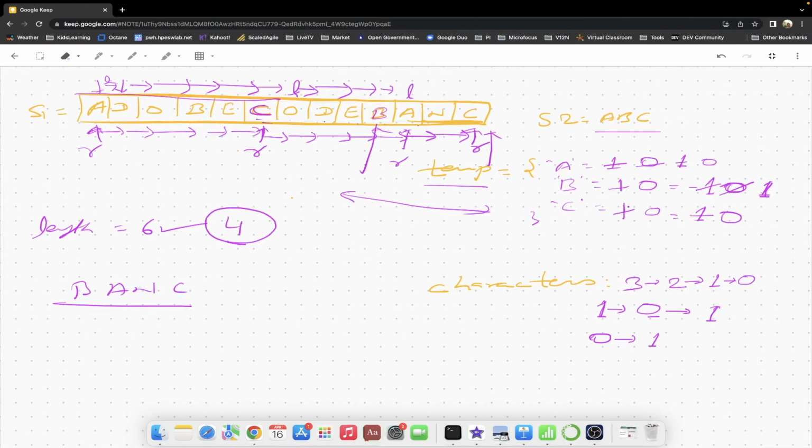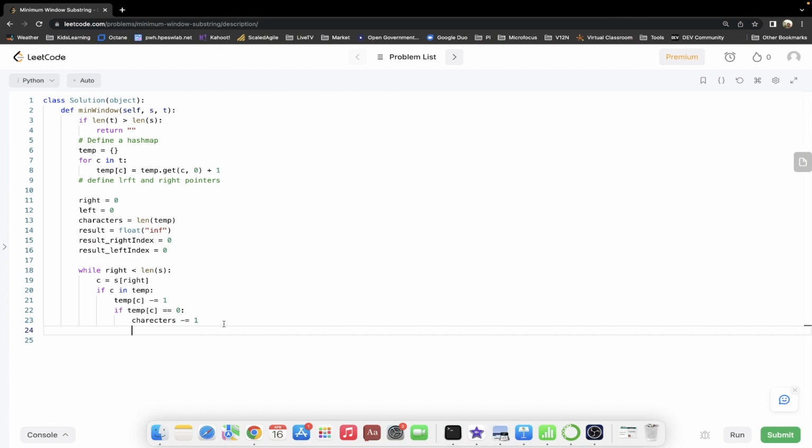So once this is reduced by 1, or if it is 0 once, then we are reducing the characters by 1: 3, 2, 1, and 0. That's exactly what I have written here. Okay. Now if characters is equal to 0, we'll move the left pointer, right? So if characters, just to remove the spelling mistakes, if characters equal to 0,